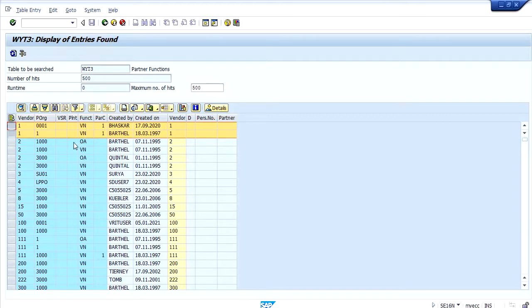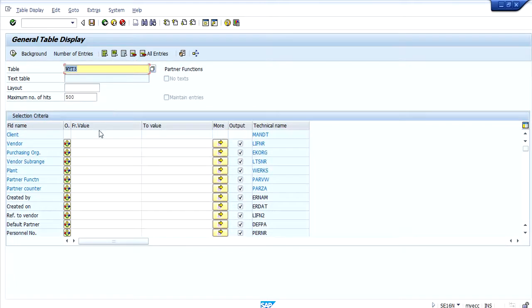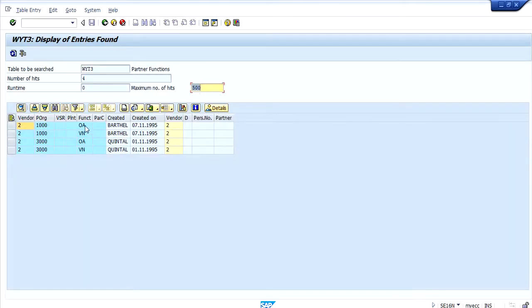So if we say the vendor number as 2, we can see these are the different partner functions that are maintained for this vendor, for this purchase organization, whereas for the same vendor at a different purchase organization, these are the different partner functions that have been maintained. So these are the tables and configuration settings that can be checked or maintained at ECC level.